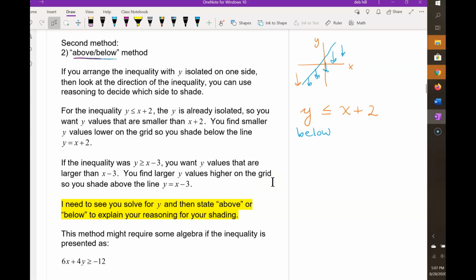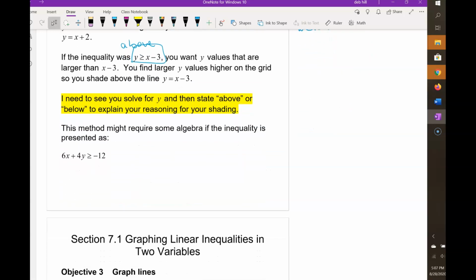So if the inequality was y is greater than or equal to x minus 3, you want y values that are larger than x minus 3, and you find those higher on the grid, so you can just write above and then shade above. So if you prefer this method, when the equation is given